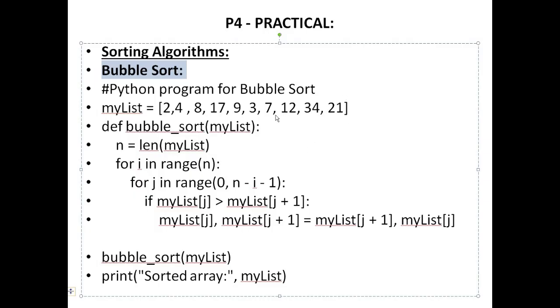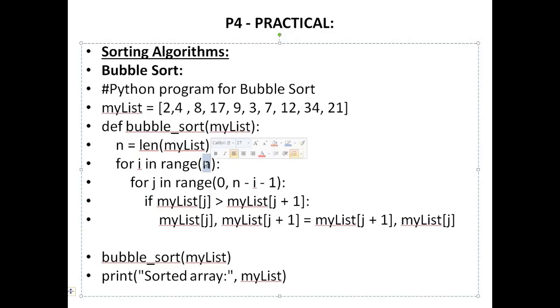In Python, for running a bubble sort, since we don't have a repeat loop, we run 2 for loops inside each other. Again, we'll make a function for it, and we'll provide the array as a parameter. Then n is equal to the length of my list. n is like the last index number of your array. For i in range n, start from 0 obviously, and go till whatever is the value stored in n.